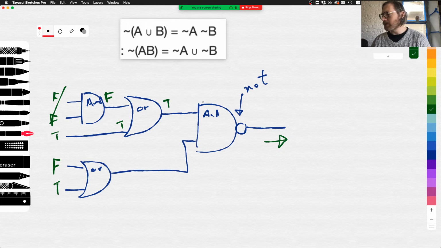And then we've got a true input here to this last NAND gate, not AND gate. Okay, and over here we've got false or true, which leads us to a true. So true and true, well, that's true, but then we hit this not right here. And so not true is false. Now, I suspect we could simplify this, but